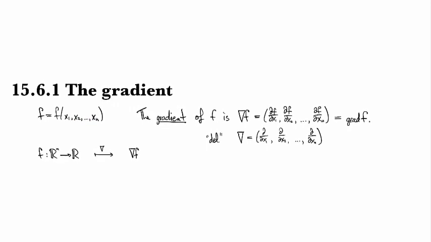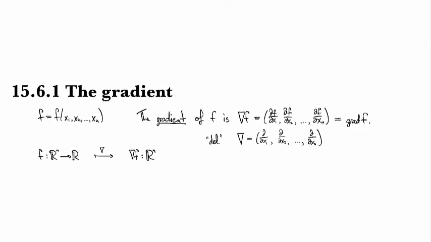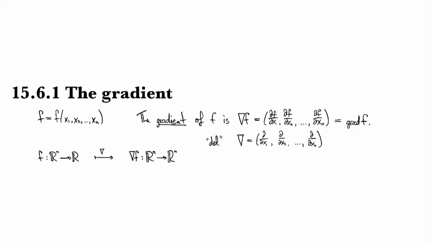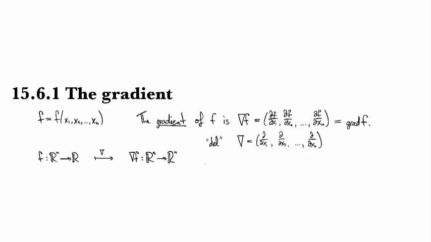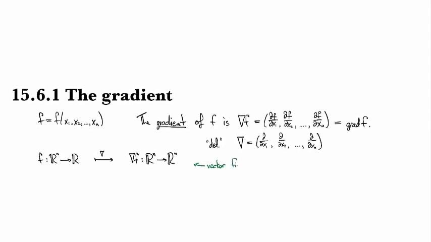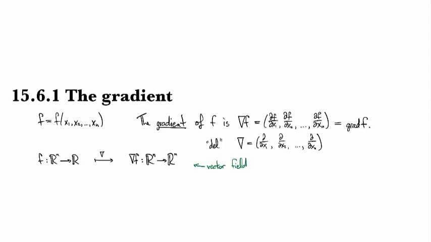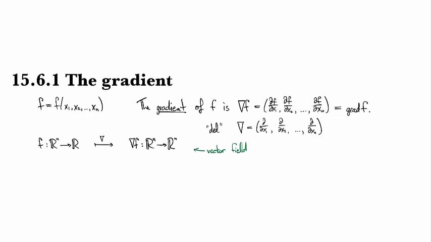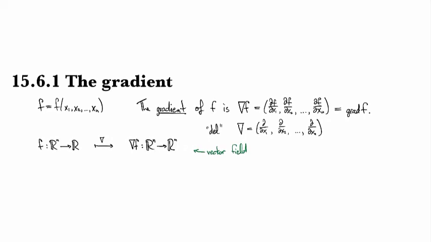So that means we've got a vector field. This attaches a vector of length n to every point of Rn. Okay, and so it's a very important vector field, and it has lots of interesting properties,